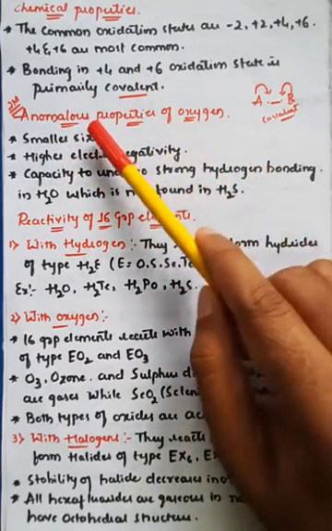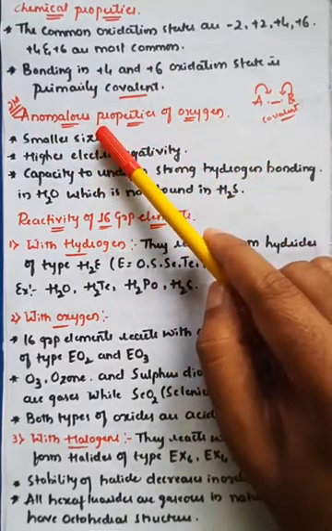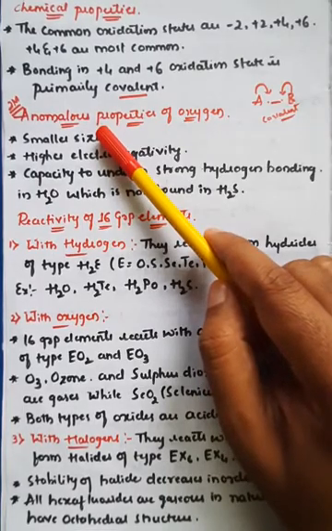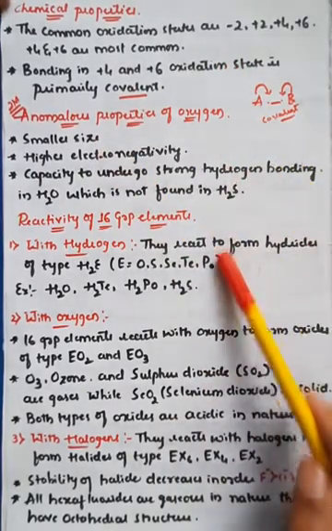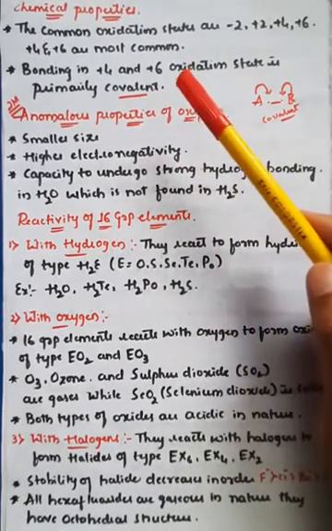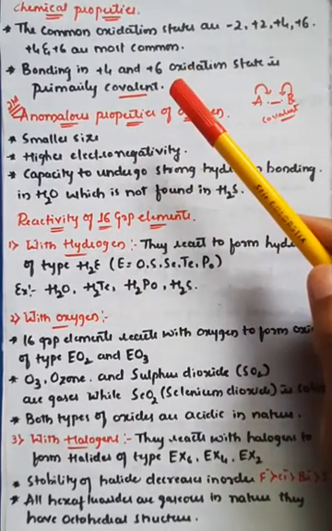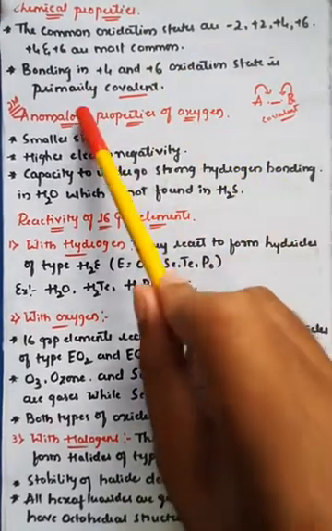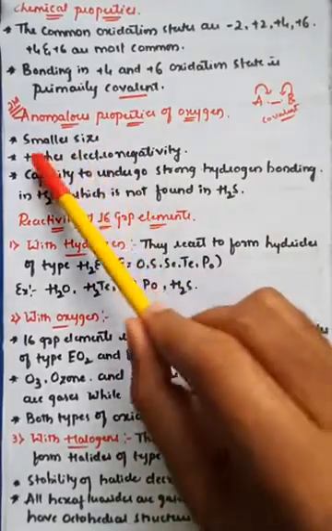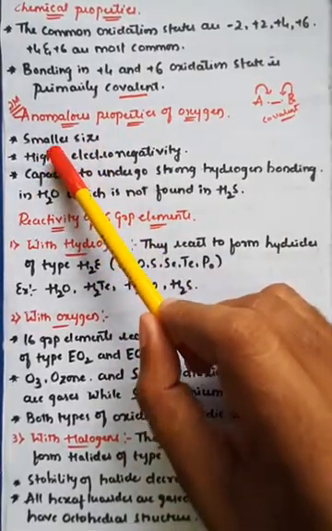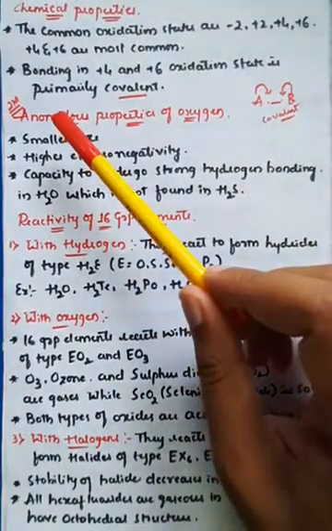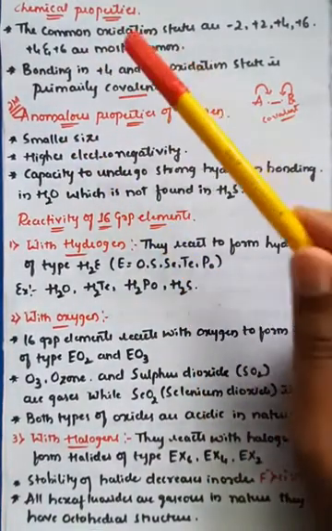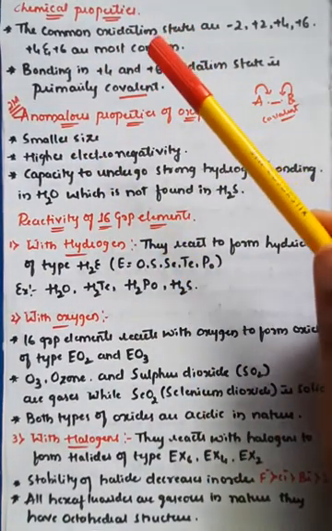So the first thing is the smaller size. It's very small because the atomic radius increases down the group as you come from oxygen to polonium. The atomic or ionic radius increases, which we have already explained. Therefore oxygen has the smallest size in group 16. I'm just talking about group 16, so we are not comparing the overall periodic table, just the 16th group elements.